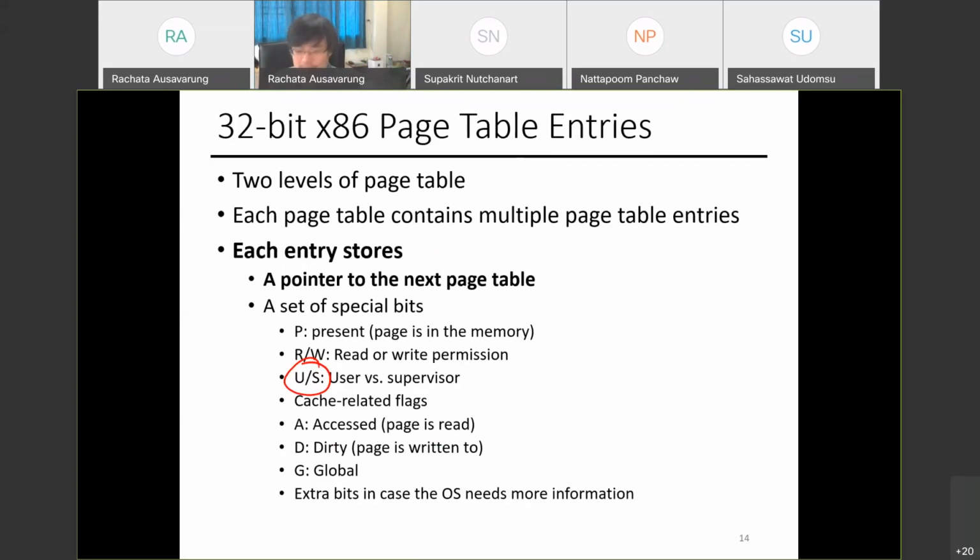The dirty bit means that someone modified the data. The global bit means that this is not shared, everyone can use it. And then there's also spare bits where you can define whatever you want depending on the handshake between hardware and OS. Right. So these are the status bits